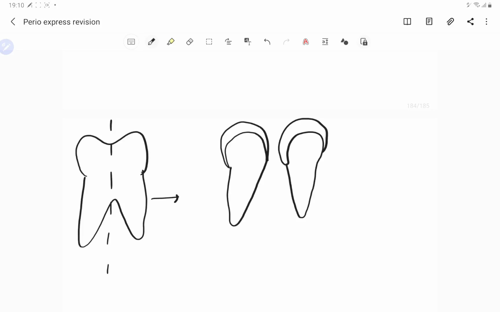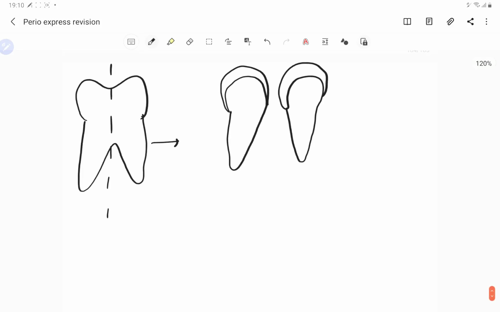So guys, this is root separation, bicuspidization, hemi-section, and we know that unity is the power. So we keep both of the roots. We use the roots as abutment teeth. So we are splitting a two-rooted tooth into two separate portions and we are giving a crown to both of